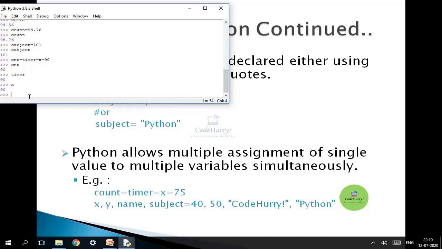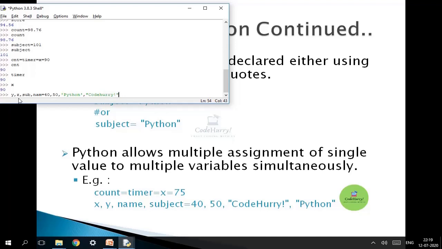Again, I can have it like this also: y comma z comma sub comma name is equal to 40 comma 50 comma single quotes Python single quotes complete comma double quotes code hurry double quotes complete.